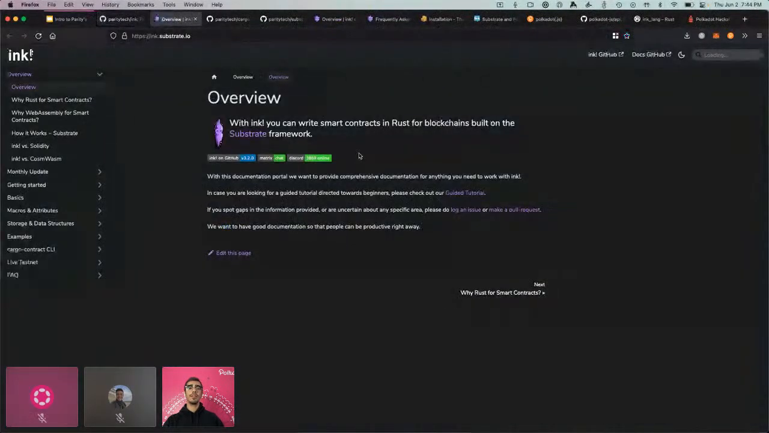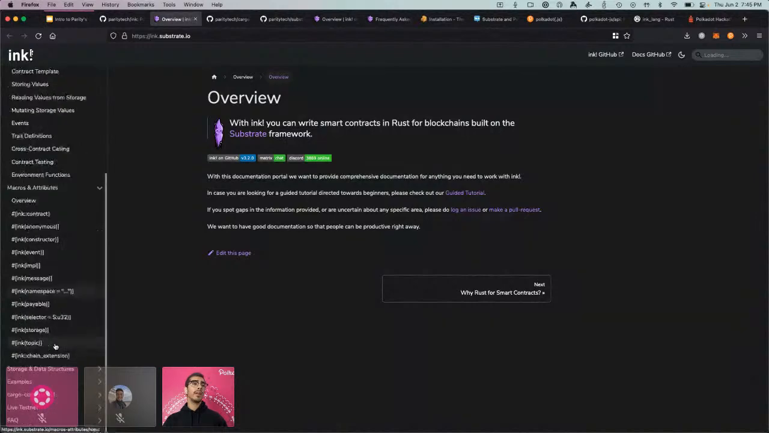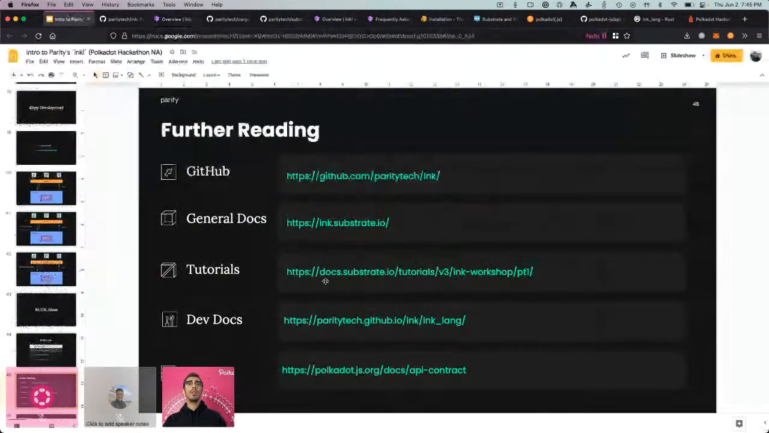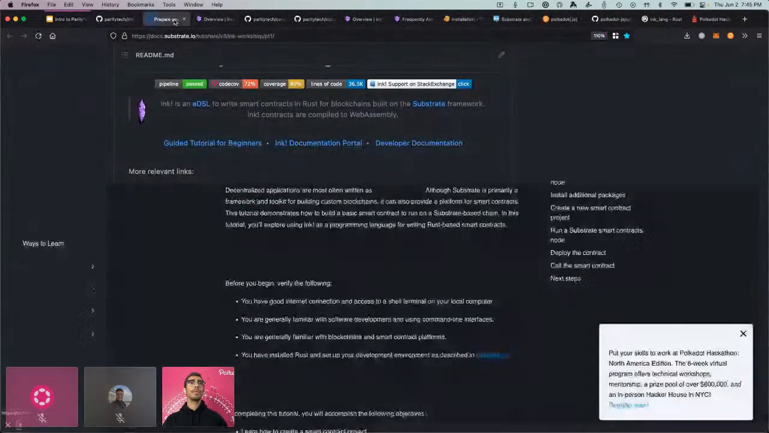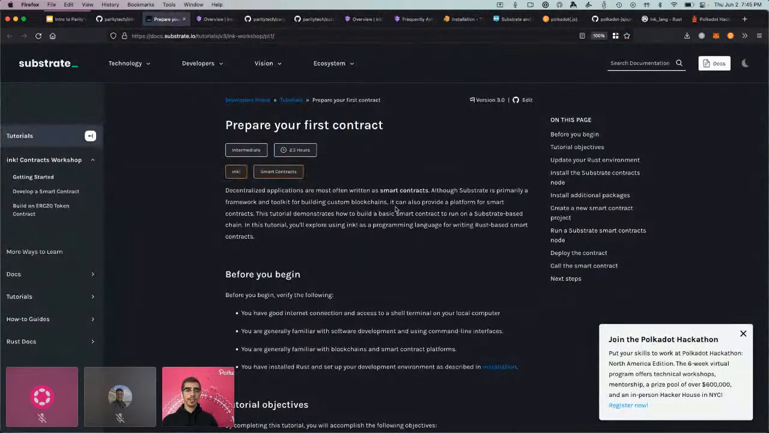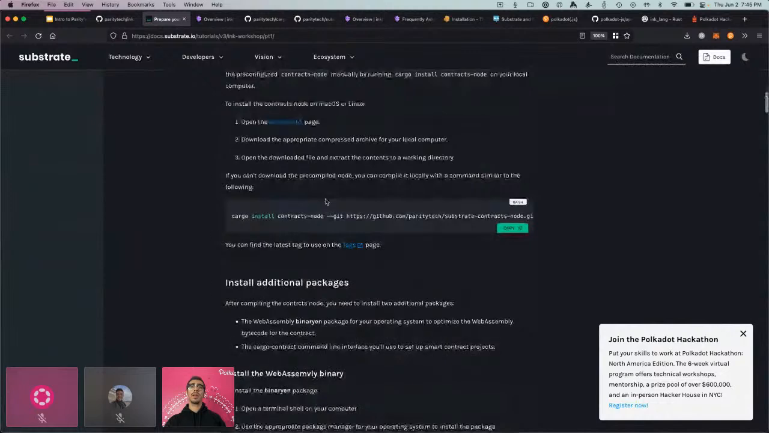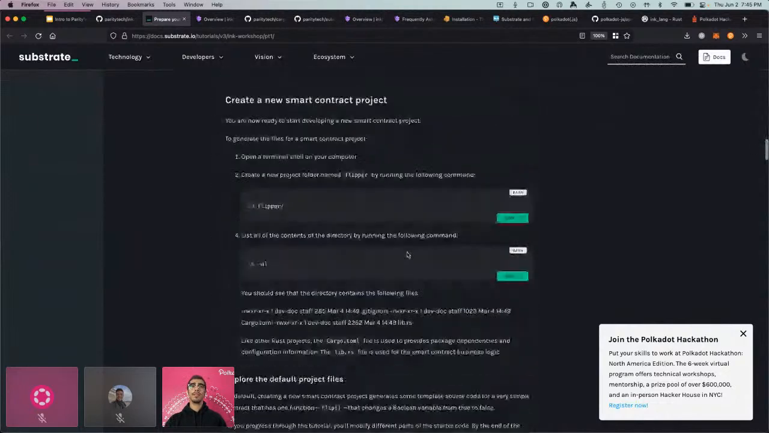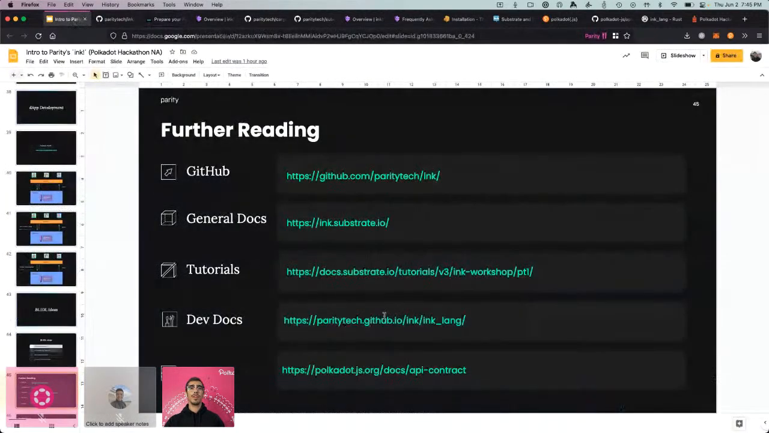So here's that documentation portal I mentioned. You can read about why use Rust, how to get started, all the different macros, those annotations I showed you. We can also go to the tutorial, and actually we can get there from the front page here as well. This is probably what you're going to want to start with, because it'll walk you through setting up your Rust environment, getting everything you need in order to succeed, and walking you through all the basics. We also have the developer